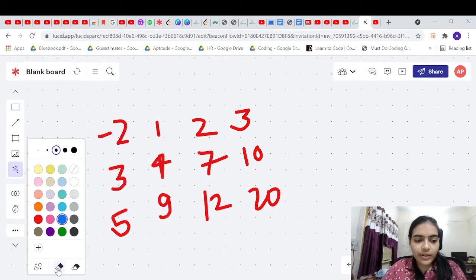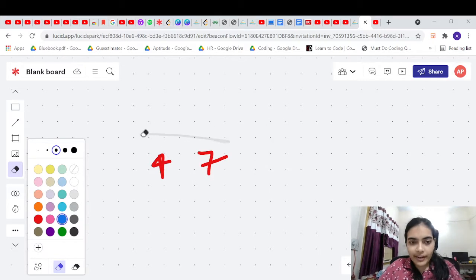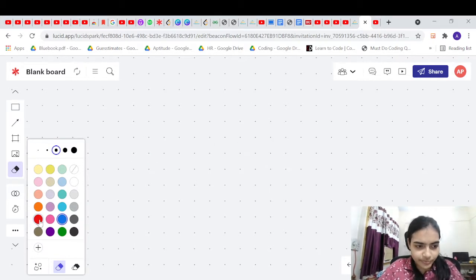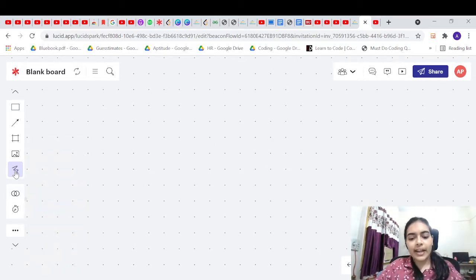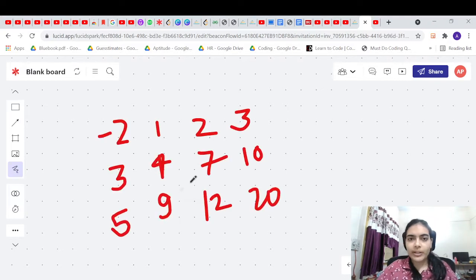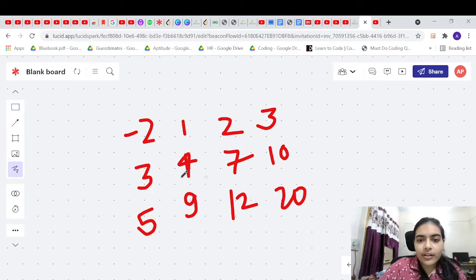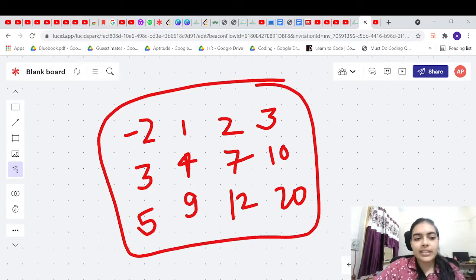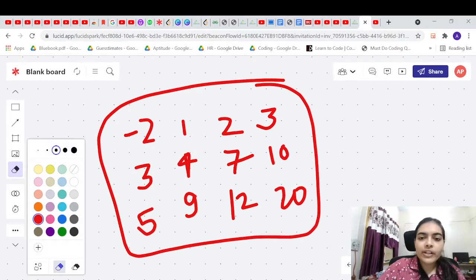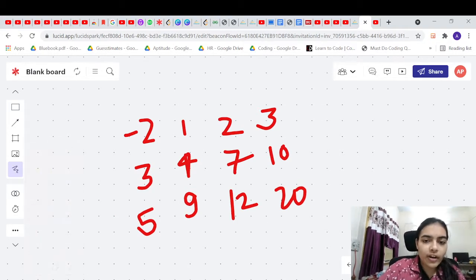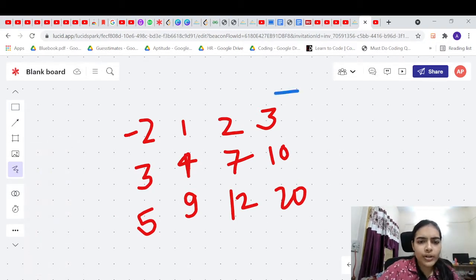So let's try to take some other example and try to think of a logic. Or let me rewrite this example itself. Let's first try to build logic with this example, then we'll see some other examples also. Now let's say you decide to bomb up this entire area. How will you decide whether you have to bomb up this entire area, or you want to bomb up only this value?